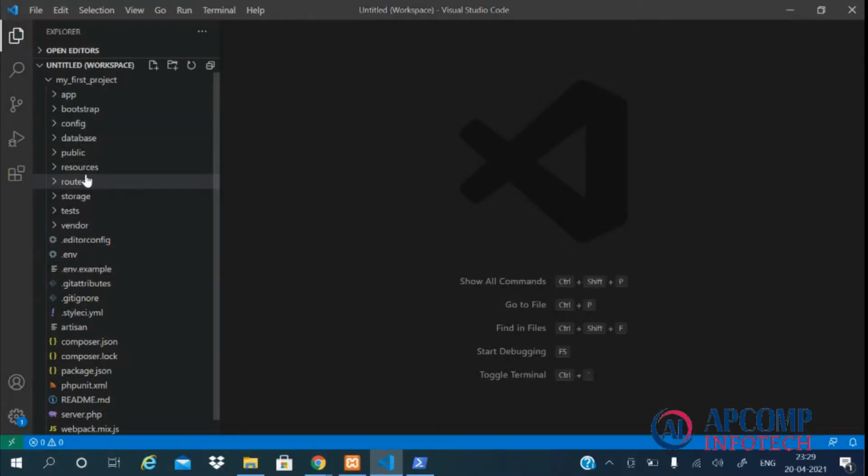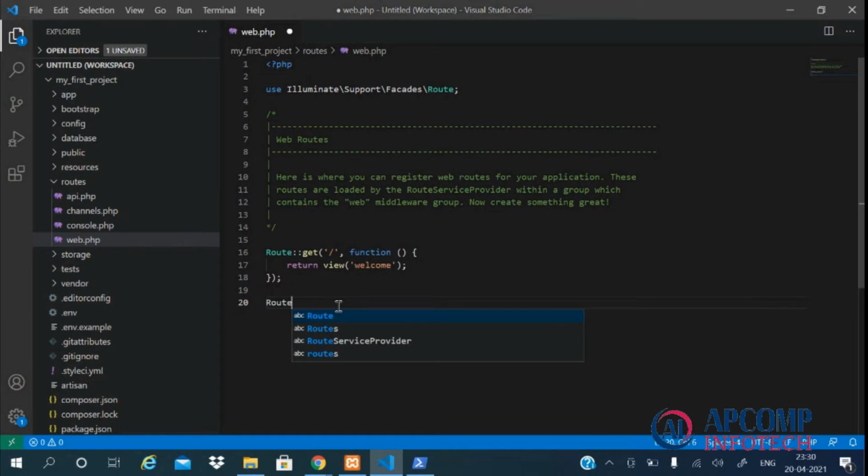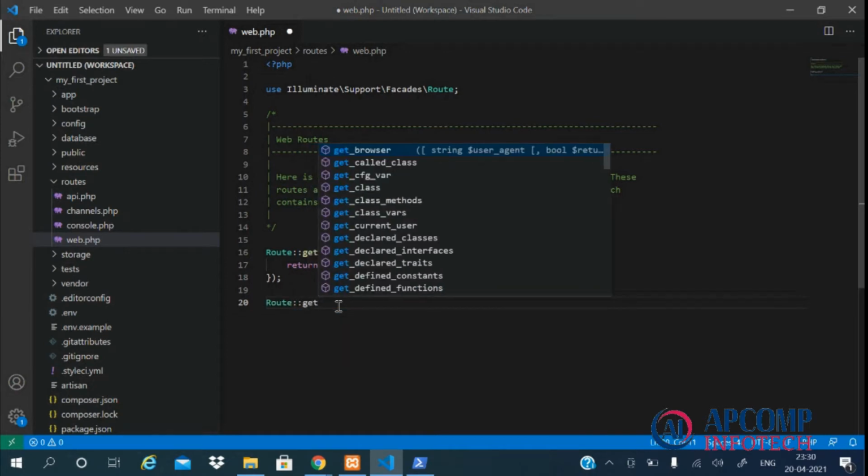So here in our project directory, let's go to routes and web.php. So we can see there is a default route. Let's create another route which is of get type.